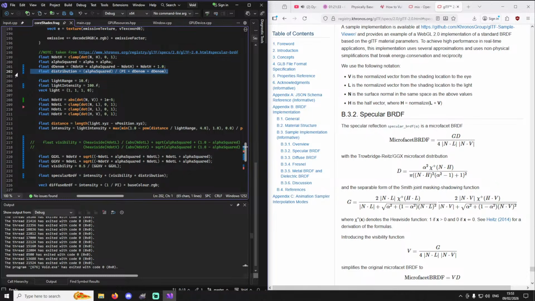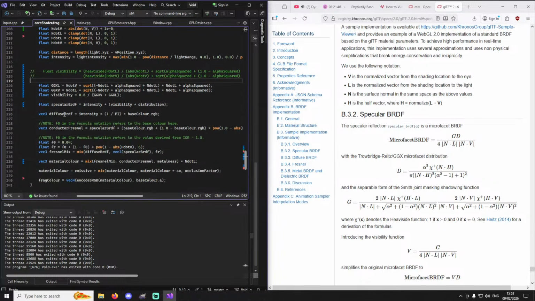know. So you multiply by intensity after mixing the BRDFs. Interesting. Let's see what that does. I'm kind of curious now. So you mix the BRDFs. So I have Fresnel mix, right? So material color. I'm kind of curious actually. Let's see what that does. If I put the,